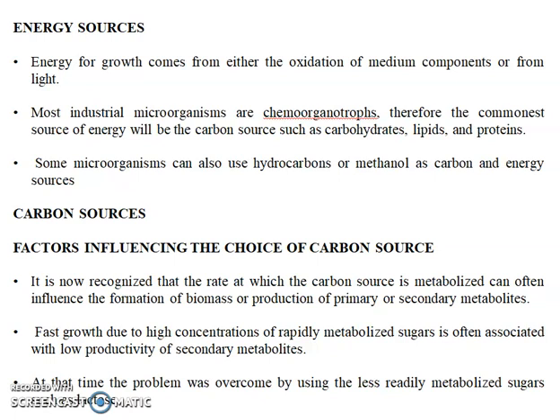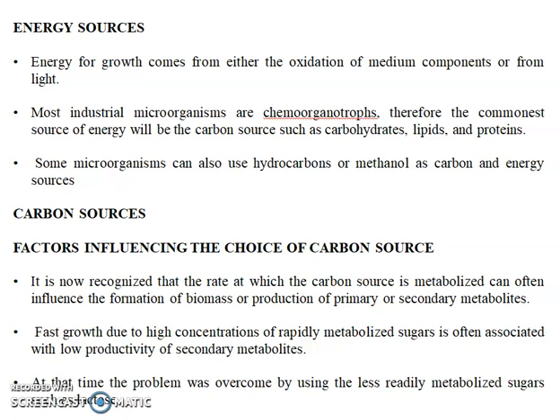It is now recognized that the rate at which the carbon source is metabolized can often influence the formation of biomass and the production of primary or secondary metabolites. So what is mentioned here is that the rate at which the carbon source is metabolized, whether quickly or slowly, will influence the formation of the biomass as well as the primary